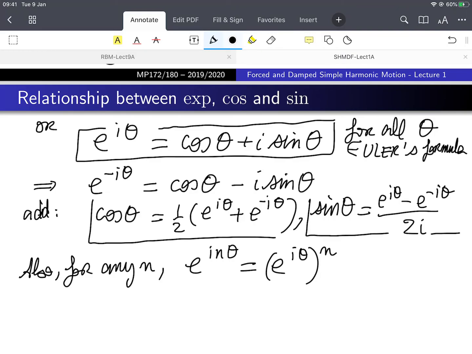Exponential to the power a times b is exponential to the power a whole lot to the power b. And then this, I have it from there. And this, I have it from there as well with n theta instead of theta. So I end up on the left, cos n theta I sine n theta, and on the right,